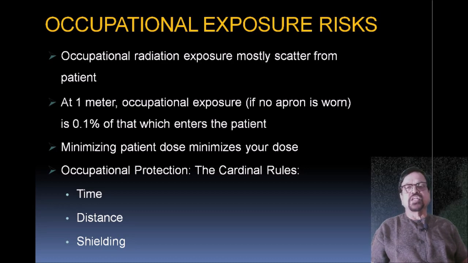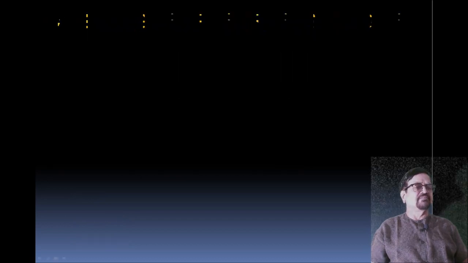X-rays follow the inverse square law. That means you should not be in contact with the direct ray. You should always face and position yourself with the patient in such a way that only the scattered radiation comes to you, and as far as possible you should never get yourself exposed to the X-rays. And number two, you should always wear protective devices like shields, aprons, lead goggles, etc.